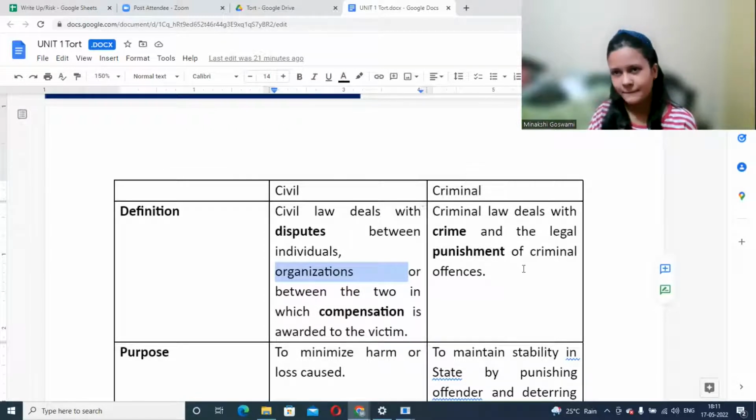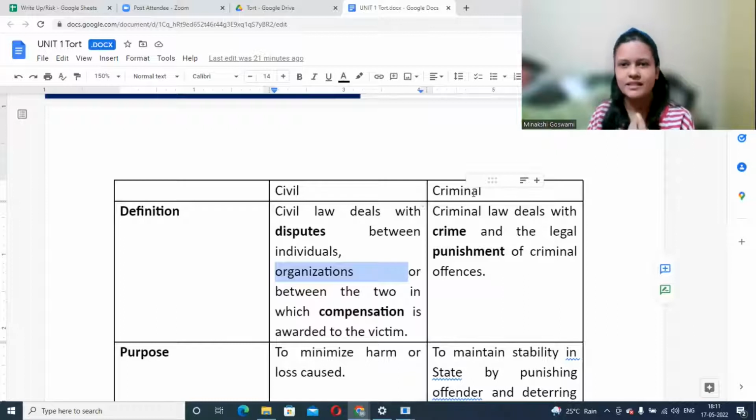But what is criminal? In general, we say that the state is having a responsibility to ensure our safety. That's why we see police officers everywhere, right? Ensuring our safety. It's not that you are hiring a police officer. It's appointed by the government, right? In order to ensure our safety. So it's a duty of the government or duty of the state to ensure our safety, our well-being. If some crime takes place like theft, robbery, dacoity, murder, etc., these are considered as very serious things.